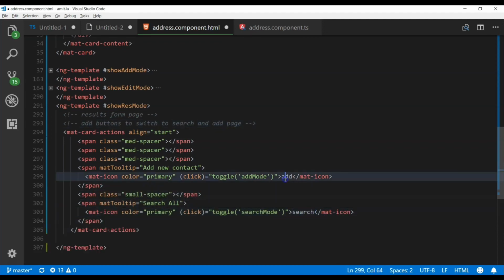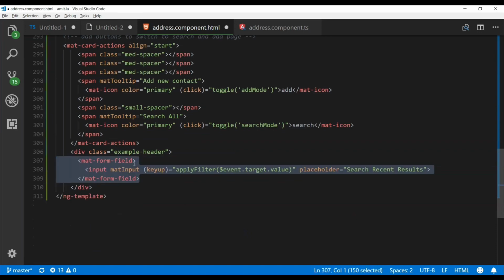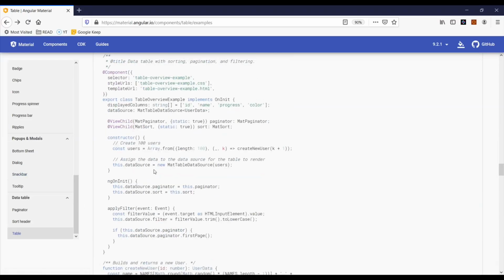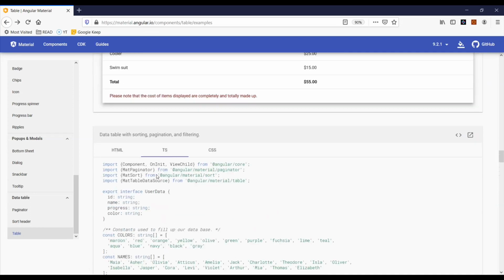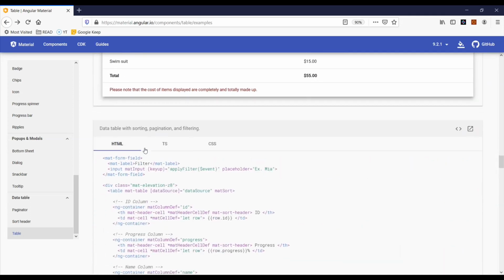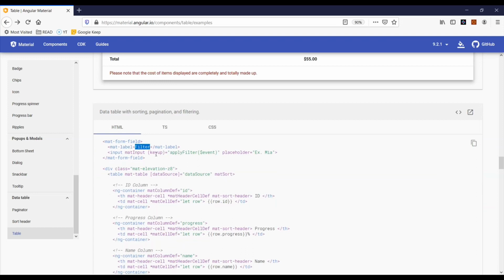Search and just say toggle past the search mode. All right, so now let's start including the actual data table. So the first, as you can see, form field is the filter field. So if you go to the implementation from material.angular.io, just copy paste this text, and actually what it does,